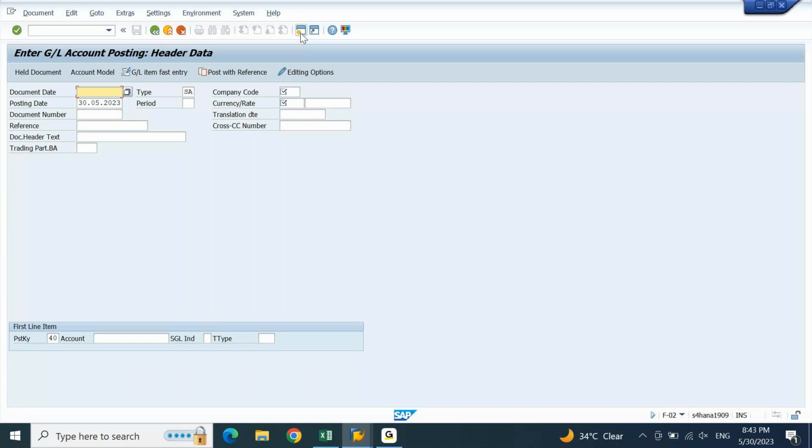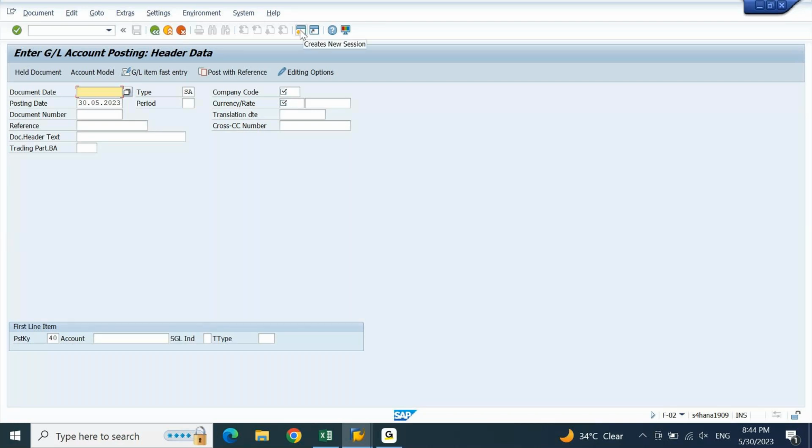When you are posting the transaction, you do not find a field called ledger or ledger group on this screen. There is no field which says whether this entry is posted to the leading or non-leading ledger. No, sir, there is no specification. Most of the transactions that you post in your system will represent all the ledgers of your company code.